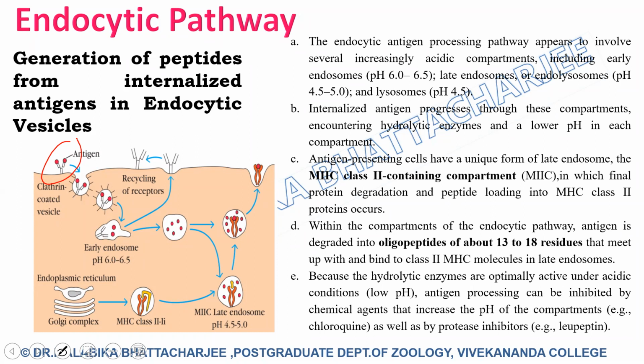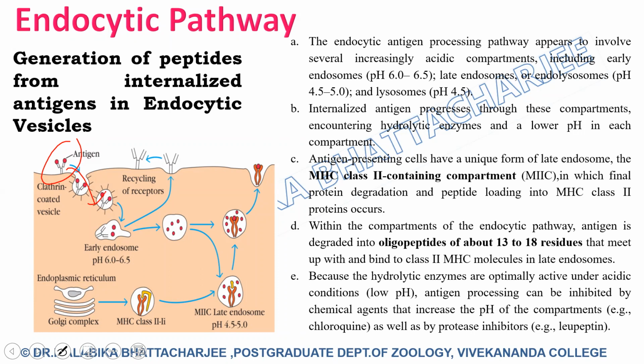These cells can engulf the foreign pathogen or the antigen. As you can see in this picture, the antibody present on the surface of a B lymphocyte has trapped an antigen. The antibody and the antigen have been enclosed into a clathrin coated vesicle. Within this vesicle, you can see the antibody is being stripped off from the antigen. The antibody is recycled to the surface, and the antigen is now present in a small compartment,